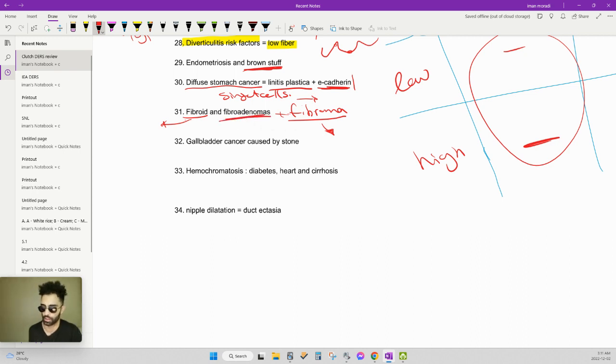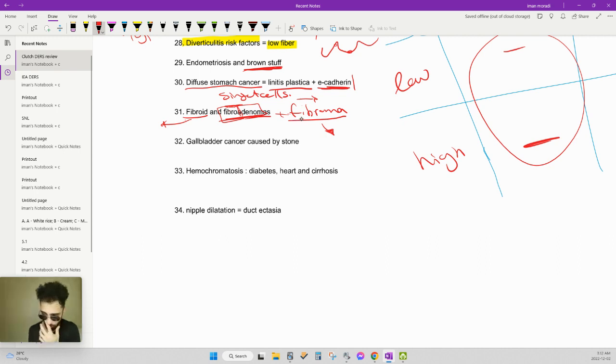Fibroadenoma is fibro and adenoma, so it's two things. It is a benign growth of the breast. It's non-malignant and happens in reproductive age people. But the last thing I want to touch on is that these are all